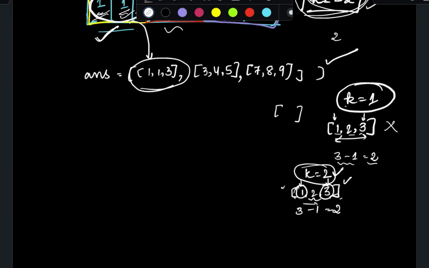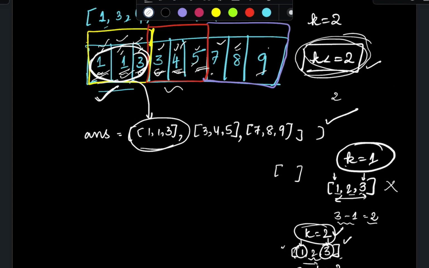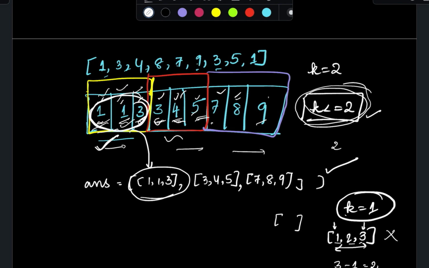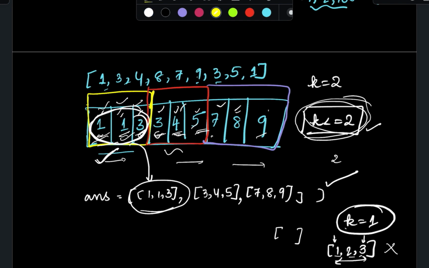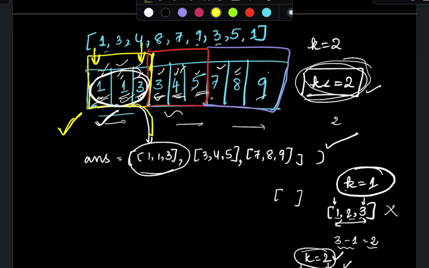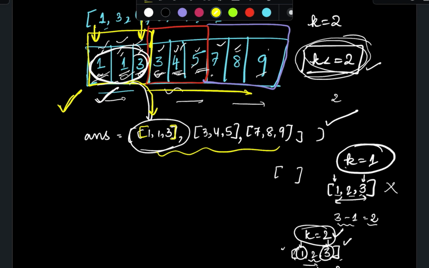So for every given array, if for every 3 elements you only check the difference between the maximum element and minimum element, and if the condition passes, and you add all those 3 elements into an array, and keep doing it until you reach the end, you will get your answer, won't you? First, what did I say? First you will sort the array, then for every 3 elements,